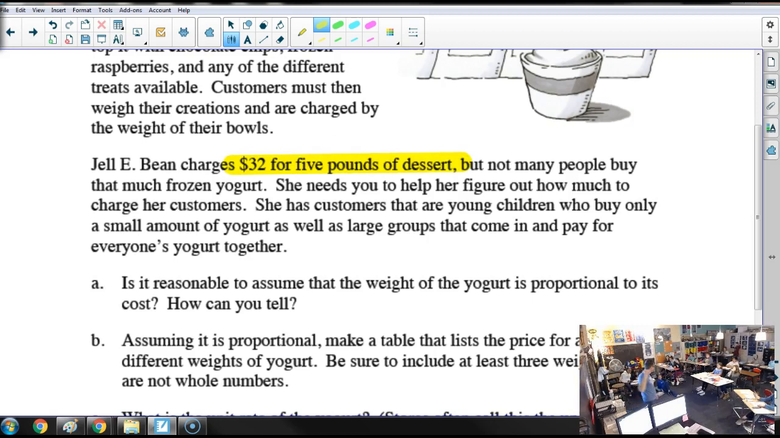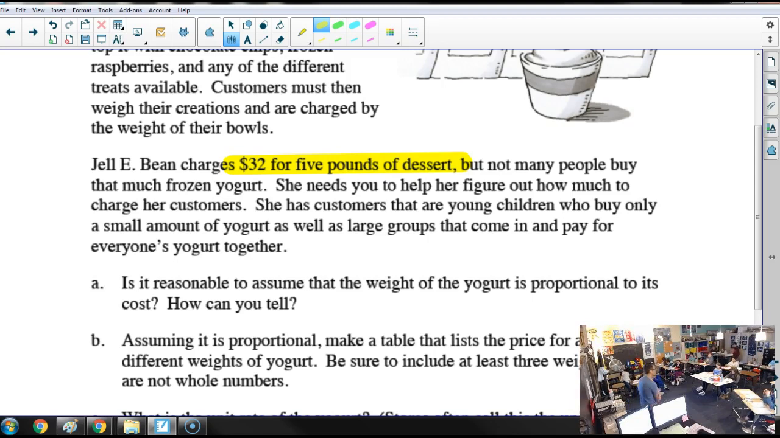Write this down. Jelly Bean charges, you don't have to write that, but what's under the highlighter, please write, $32 for 5 pounds of dessert. So let's say we're planning a birthday party. That's a lot. My birthday. Right? We're going to plan a birthday party, and we're going to go to the frozen yogurt shop and buy some fancy frozen yogurt. We know their pricing model